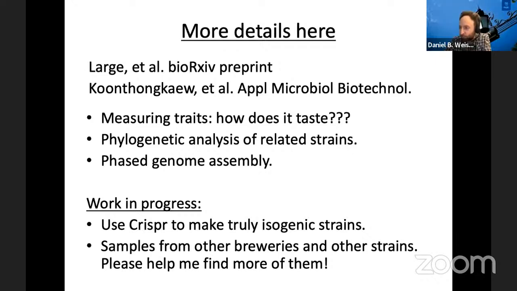Ana Tijovic asks, do you have a sense of how much cell death and division there is? Like how many generations, and how strong does selection need to be to produce the observed frequency changes? Yeah, good question, and something I forgot to mention. So it's about 3 generations per repitch. If you think about what the brewer wants, they want the yeast to convert the carbon to ethanol. They don't want to convert it to more yeast, right? So they're trying to repitch at a rate such that there's not a ton of cell division, but there's more fermentation. And so there are only about 3 generations per cycle.